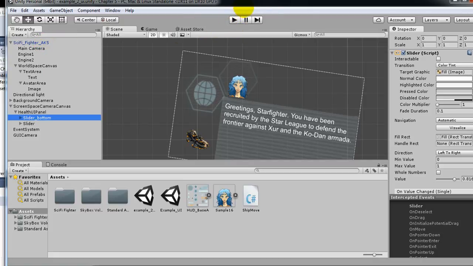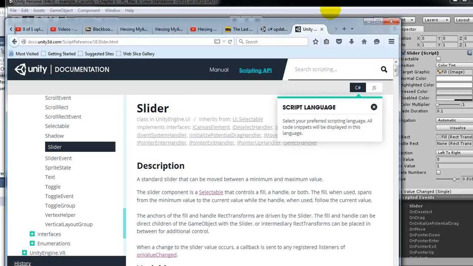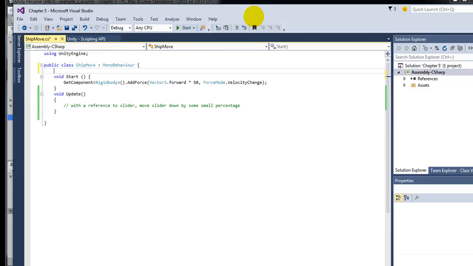So in order to do that, we need to cross-reference and figure out how to get a reference to a slider in Unity, which should be fairly straightforward. Looks like it's called UI slider. And here it is in our handy dandy reference. It's just called slider. So we're going to go into ship move. We're going to say public slider